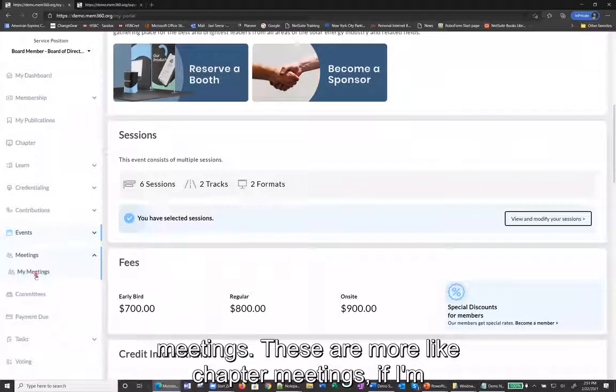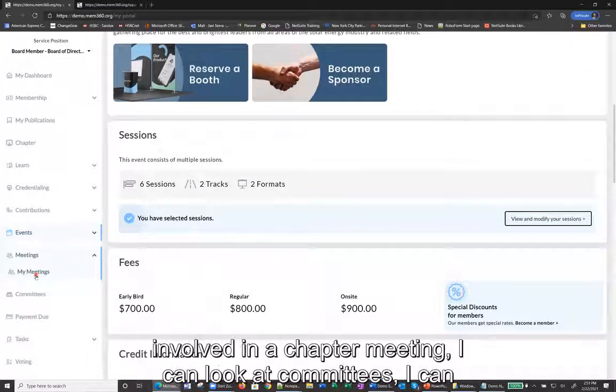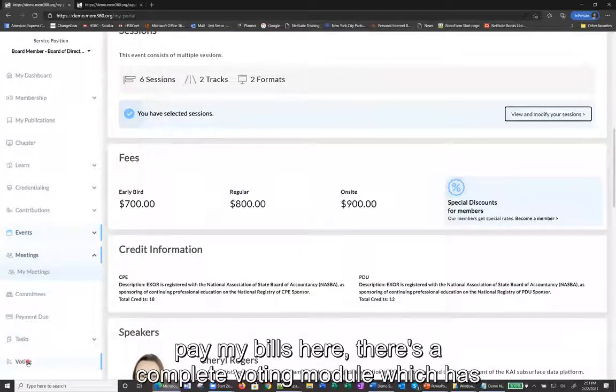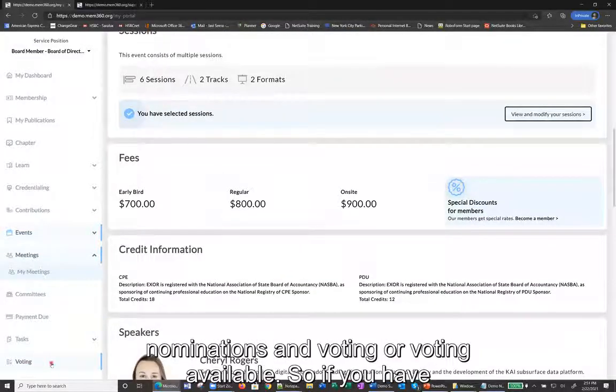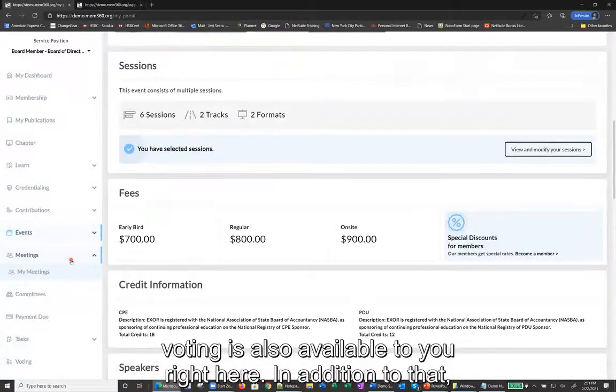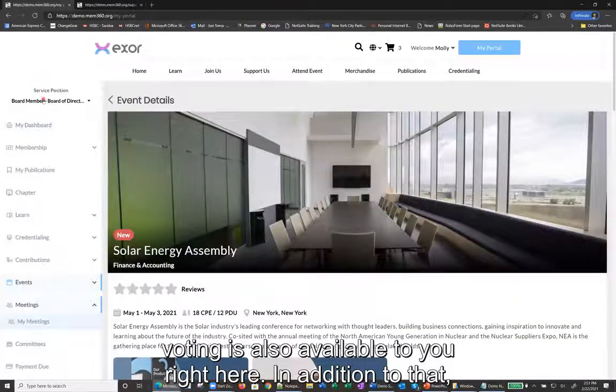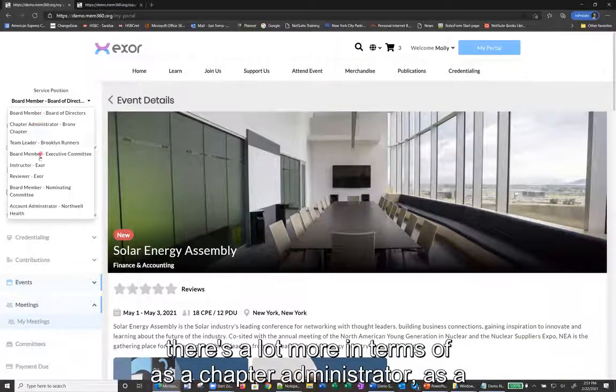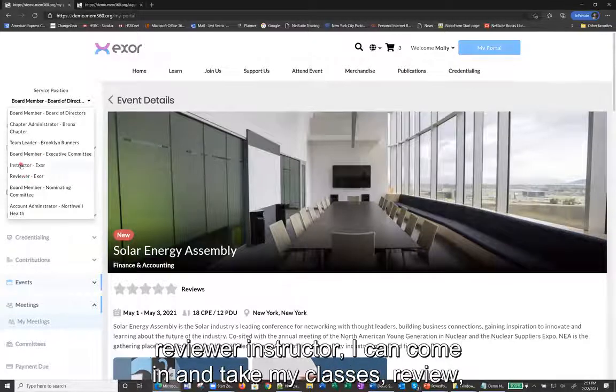Meetings, these are more like chapter meetings. If I'm involved in a chapter meeting, I can look at committees, I can pay my bills here. There's a complete voting module, which has nominations and voting available. So if you have positions that require voting, the whole process of nomination and voting is also available to you right here. In addition to that, there's a lot more in terms of as a chapter administrator, as a reviewer, instructor,